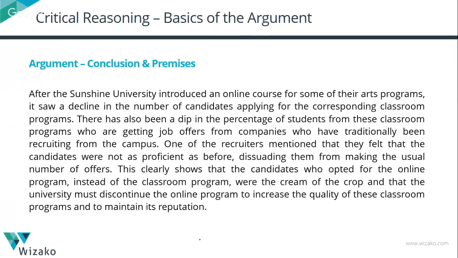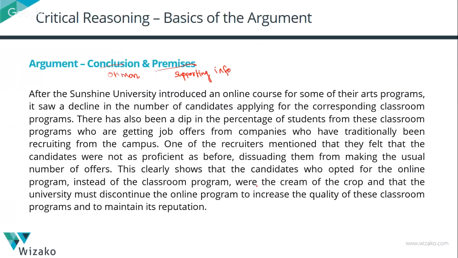Now, when you look at each argument, there are two very evident parts to an argument. You have the conclusion to the argument and you have the premises in the argument. The conclusion is the one statement in the argument where the author has essentially expressed his opinion. What is the author's opinion here? That would be the conclusion. The premises are the supporting information that has been used in order to arrive at that conclusion. So whatever facts he has given to justify his opinion would be called the premises.